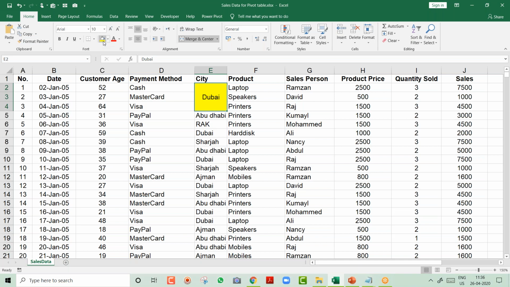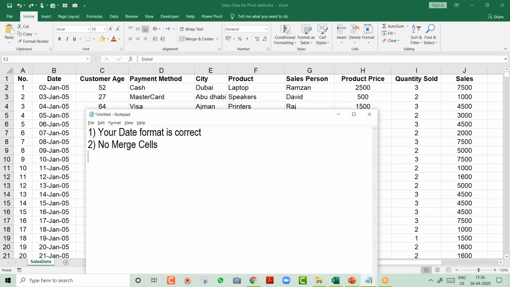When you count how many records of Dubai there are in my database, Excel will count this as one. It will not count all three merged cells as three. So you have to make sure your data is not merged, meaning each cell should have a value, then only it will count.